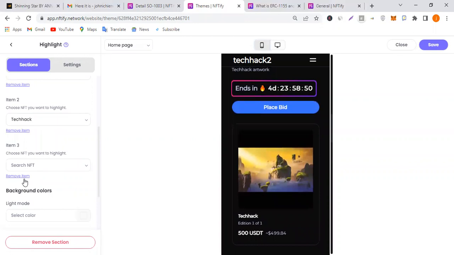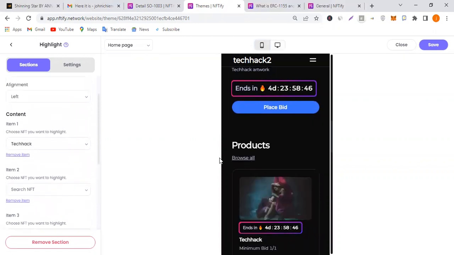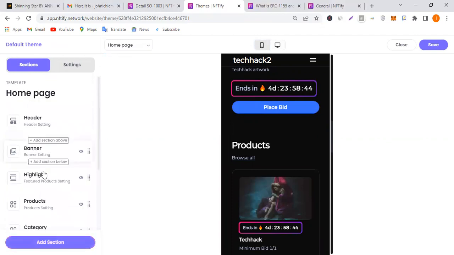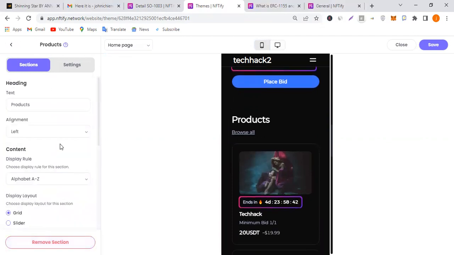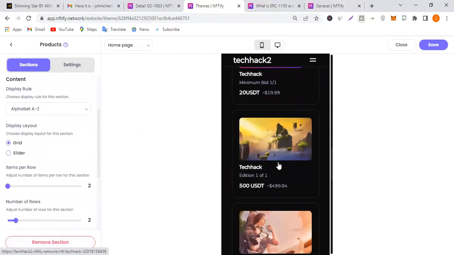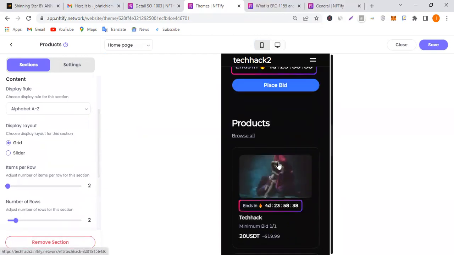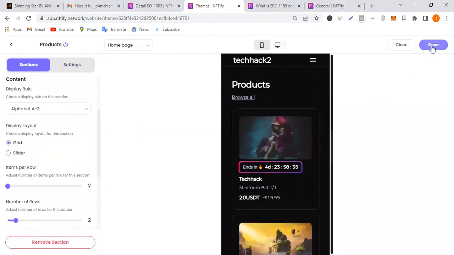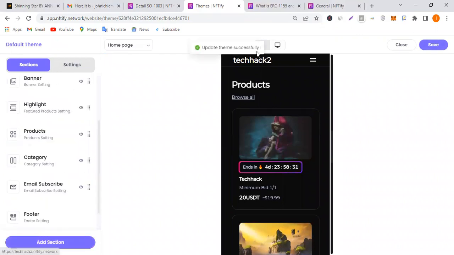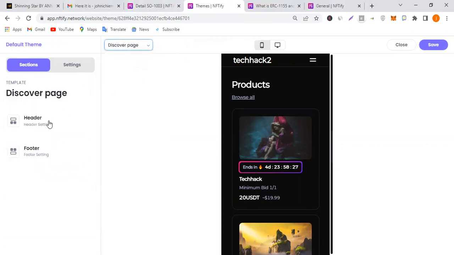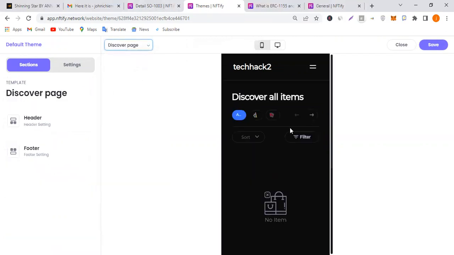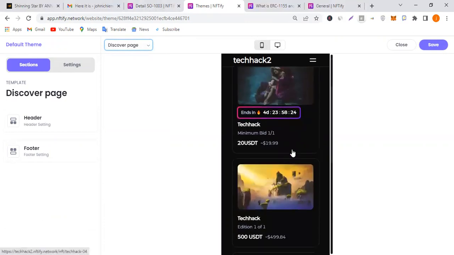What I'm going to do is I'm going to remove this one. So I'm going to now go to product. So you can see product here. We have our product up and running. So now once I click save, we're good to go. So now for the discovery page, let's see if we can do anything about the discovery page. When users visit our store, this is going to be